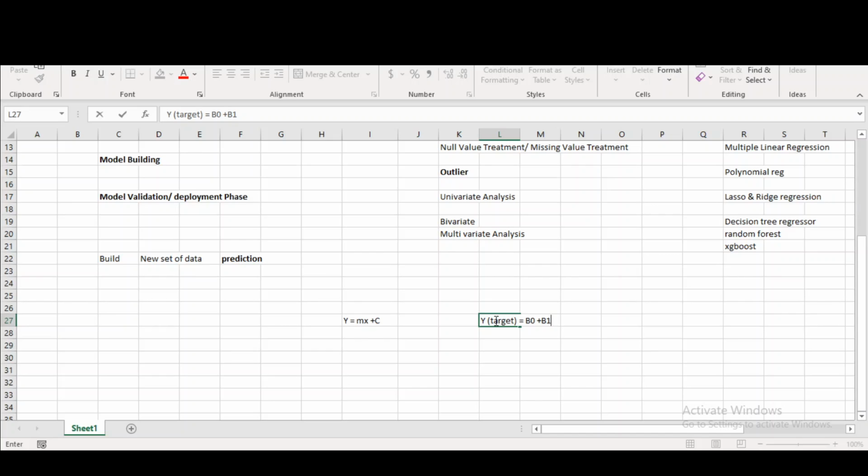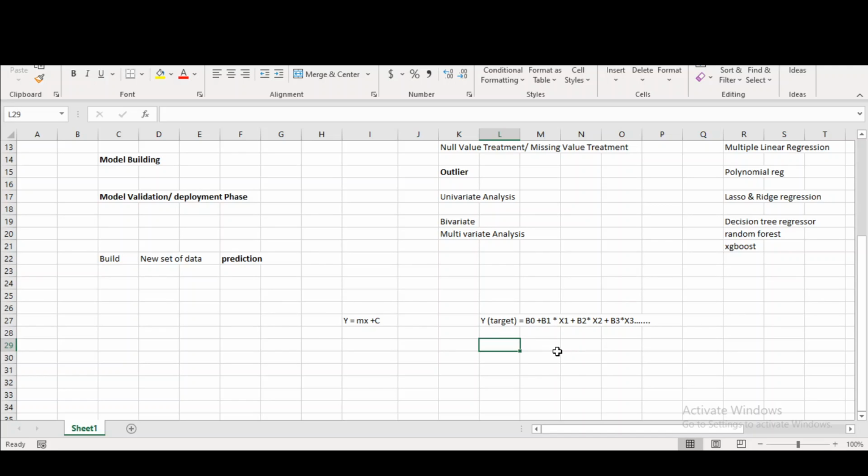Suppose beta 1 into our independent variable x1, plus beta 2 into x2, plus beta 3 into x3, and it will keep on going until all the independent variables that have gone into the model are covered. So our equation would be something like this.